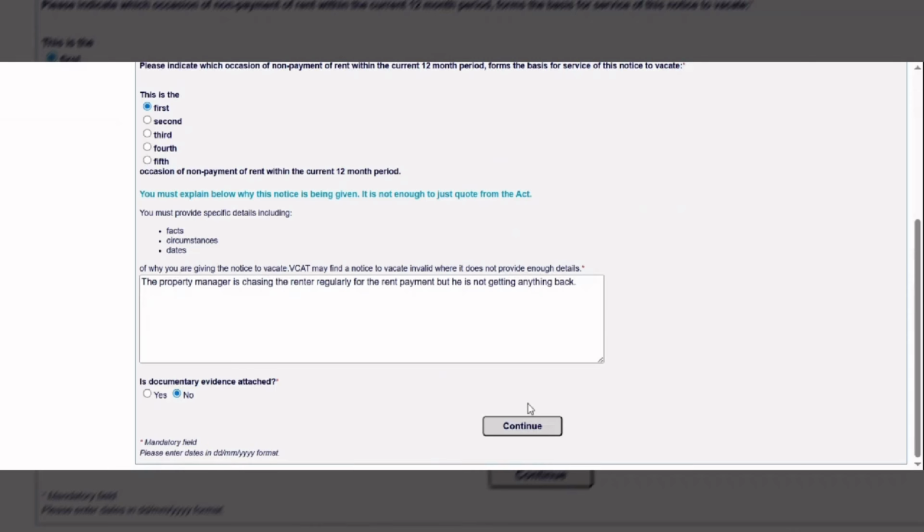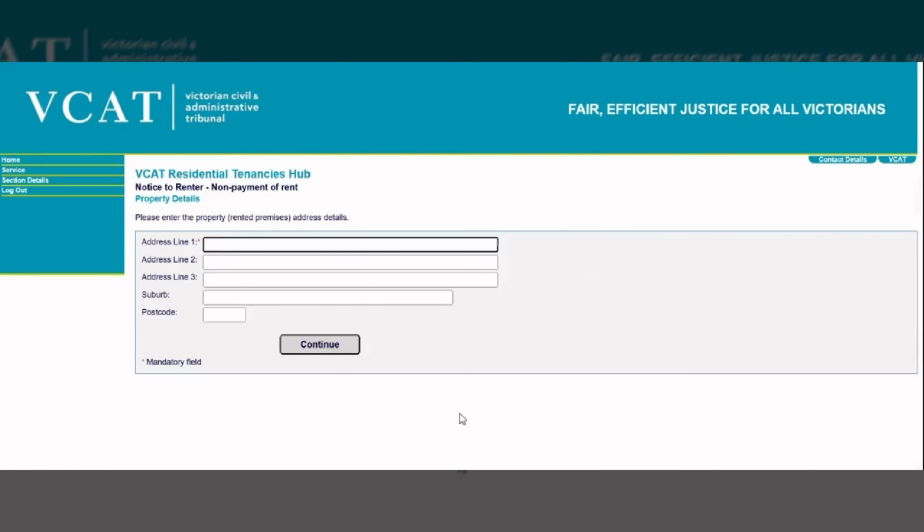Here you need to mention the property address. For example, the property address is the suburb and street.